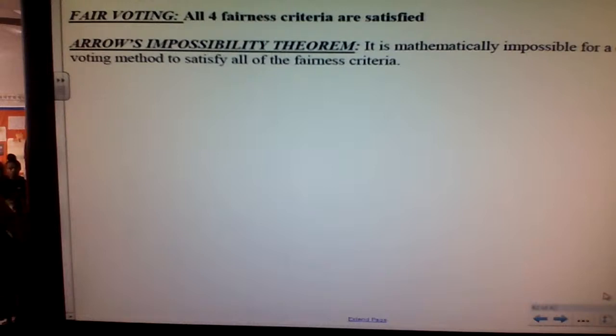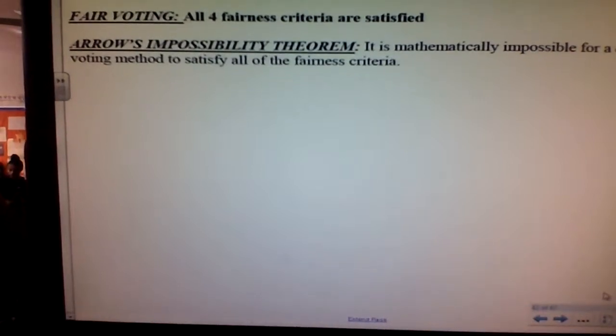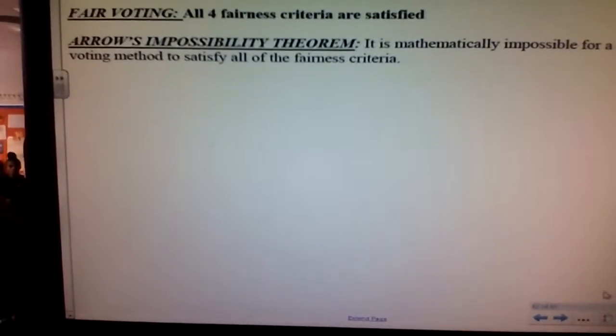Questions? Okay, your homework is on the board: 35, 37, and 56. When was the last fair vote, do you know of? With the electoral